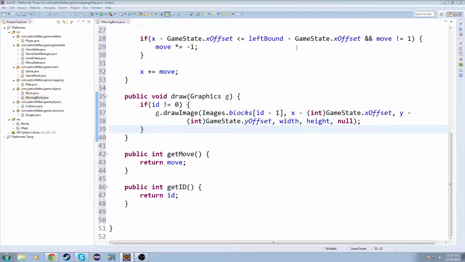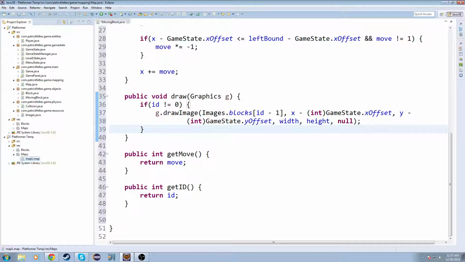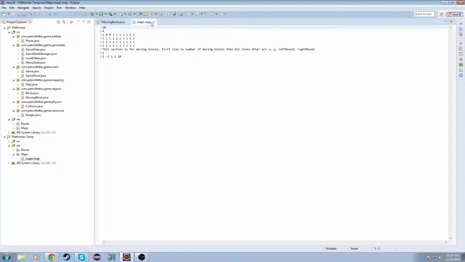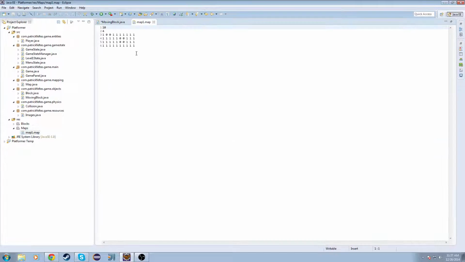Actually, we'll start with the map. Hold on real quick. Sorry, I have a temporary so I can actually see what I'm doing, what I did before. Okay, so if we go into our maps and we open up our map, right now we have a width and a height,